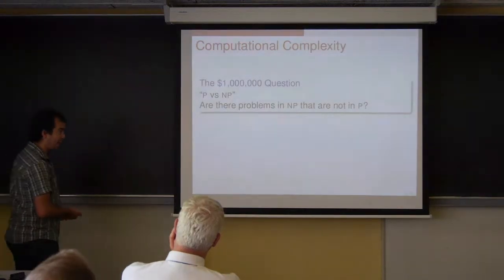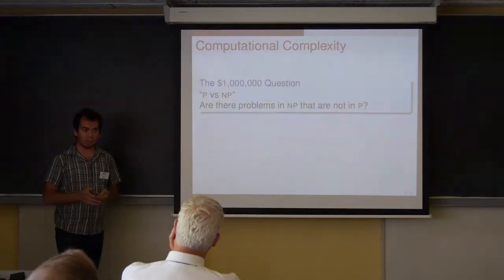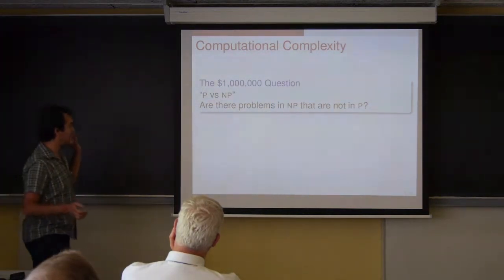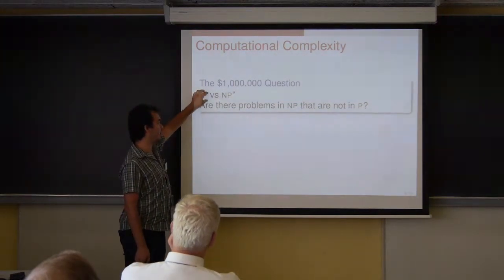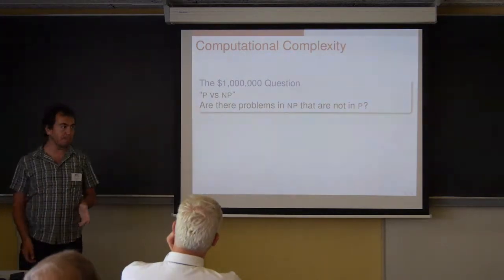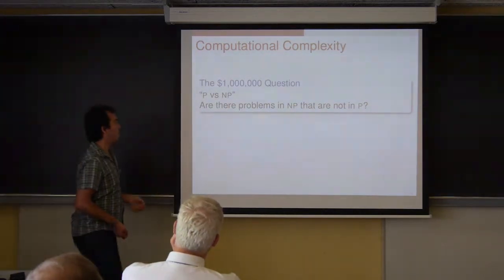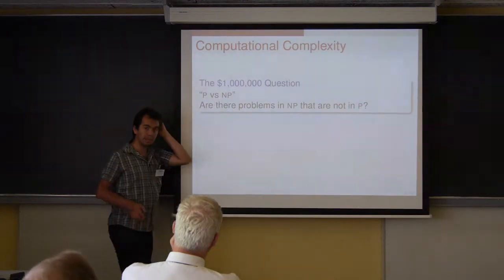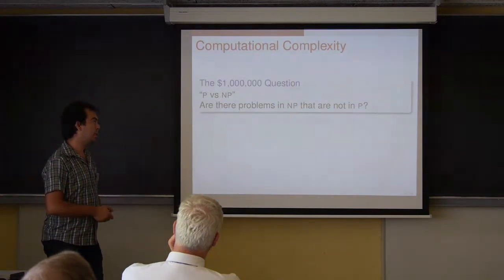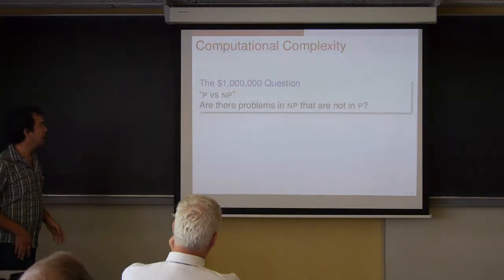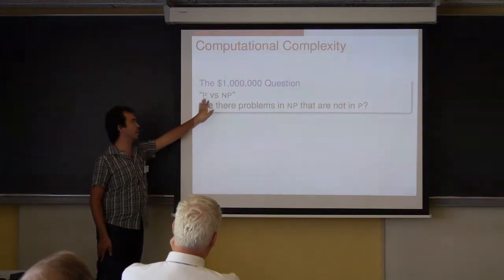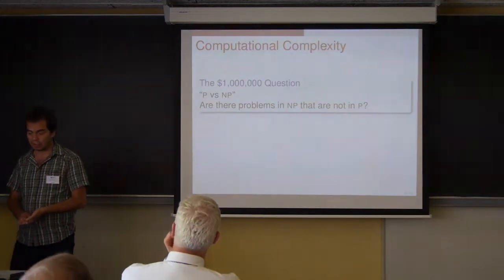So computational complexity, a very, very short primer. It's an important problem. People care about it. You have two classes of problems. The class of polynomial problems and the class of problems that are polynomially solvable by a non-deterministic Turing machine. And the question is whether there is any problem that can be solved in polynomial time by a non-deterministic machine that cannot be solved by a polynomial deterministic machine. And we don't know. People suspect that NP is strictly bigger than P, that there are problems here and not there, but they haven't been able to prove it.